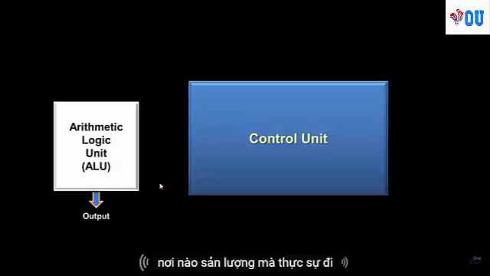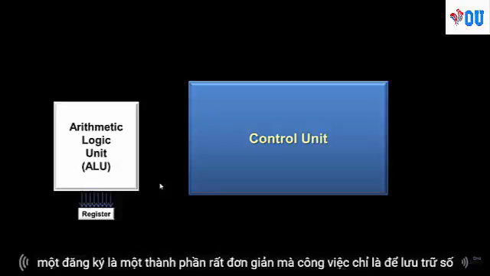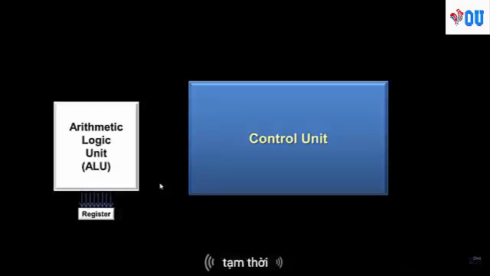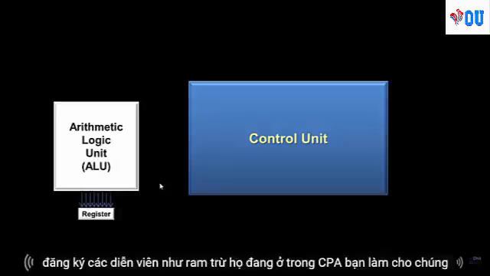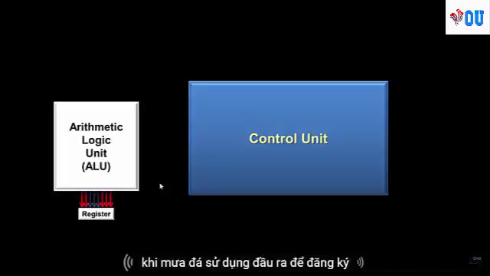Where does that output actually go? Well, the 8 wires coming out of the ALU would actually run to what is called a register. A register is a very simple component whose only job is to store a number temporarily. Registers act just like RAM, except they are inside the CPU, making them faster and more useful for storing a number temporarily while an instruction is being processed. When the ALU sends the output to the register,